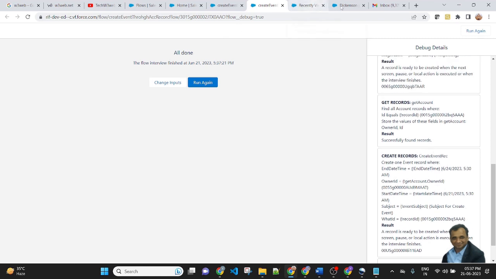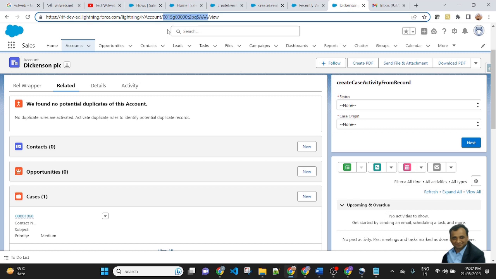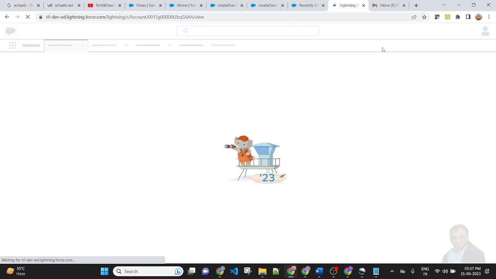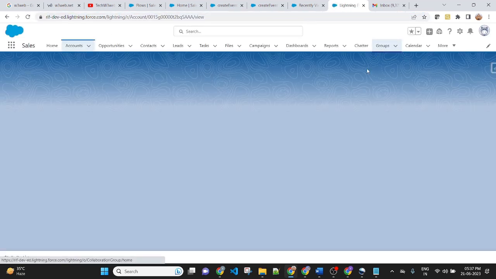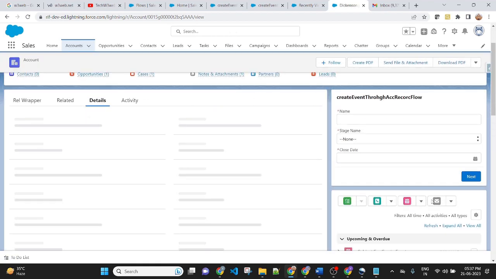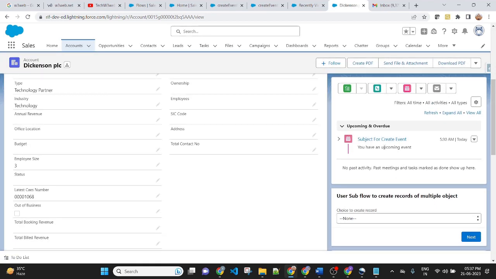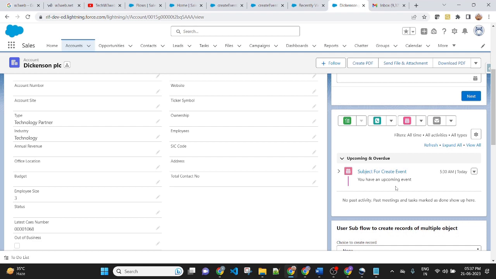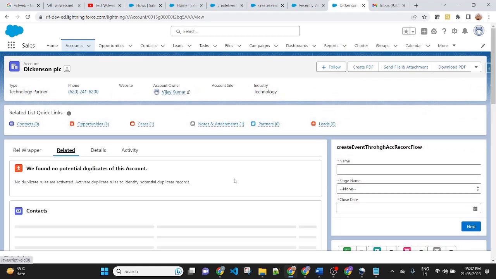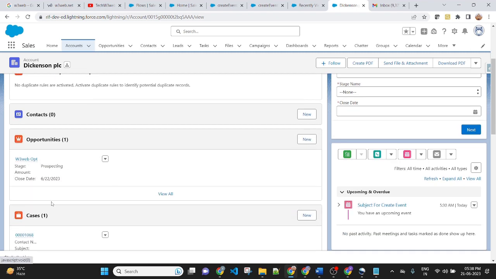So now going to the record of the account. This is the account ID I passed in the debug. Now I am refreshing this record. As you can see, one event has been created on this account, and going to the related list, one opportunity has also been created, W3 Web OPT.